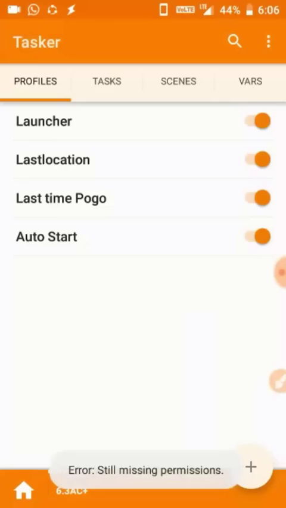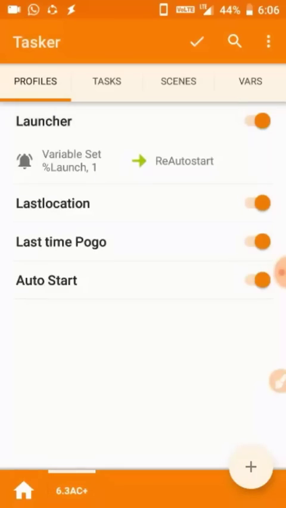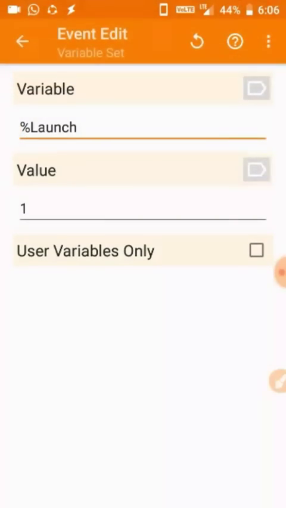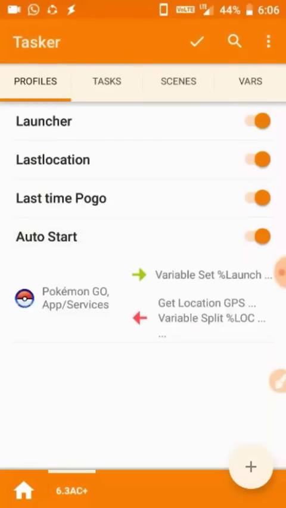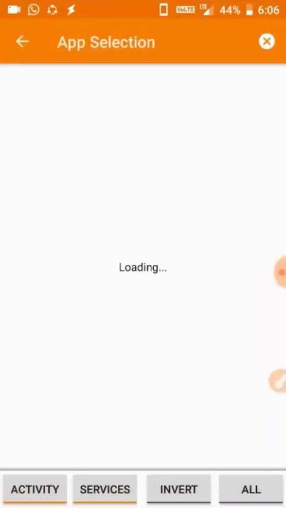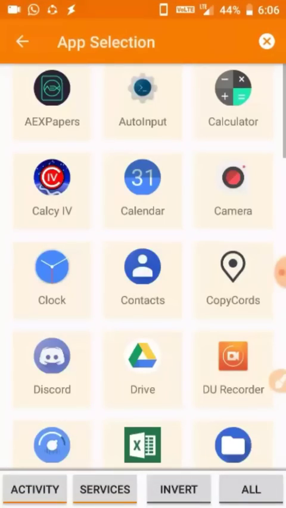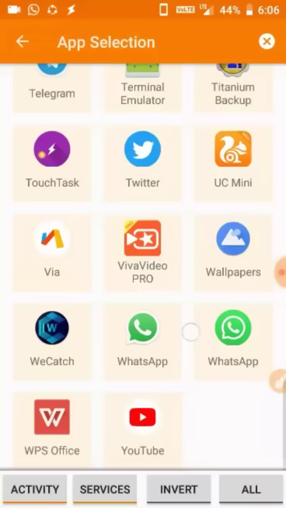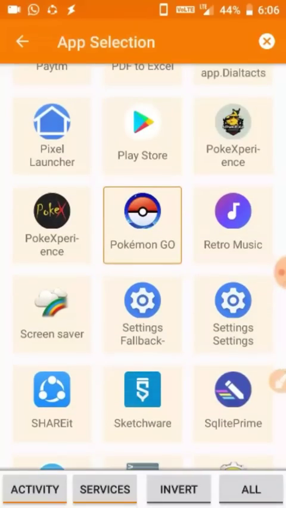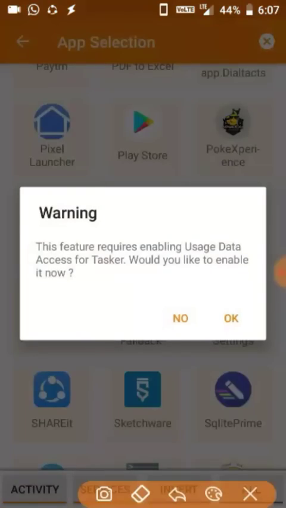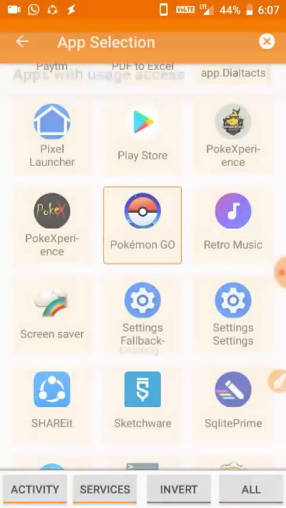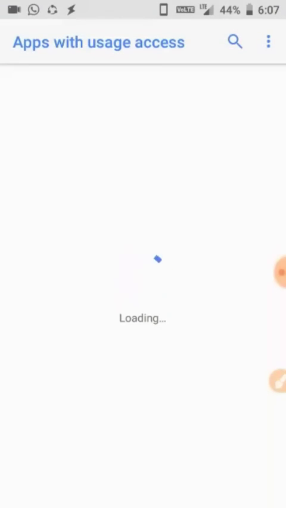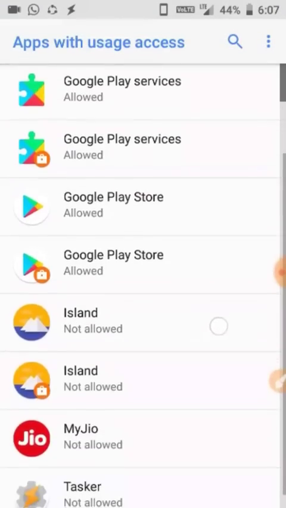After that, we just need to go to this Last Time Pogo here. Click back here, Last Time Pogo, you can see here, or click on auto start, any one of those. Then click on Pokemon Go, make sure it has been enabled. Now when you click the back button, you will get this warning. You need to click OK on this screen so that you can grant the permission for app